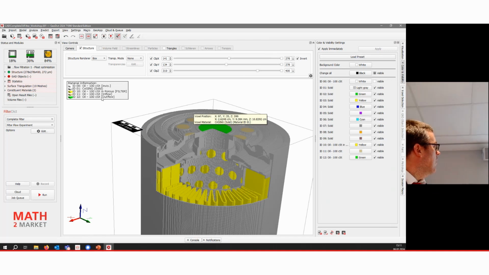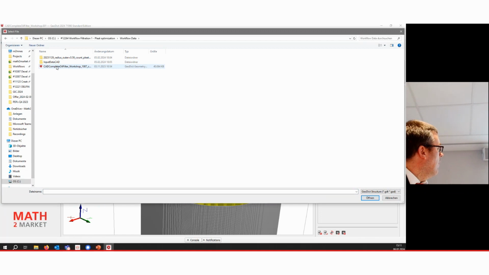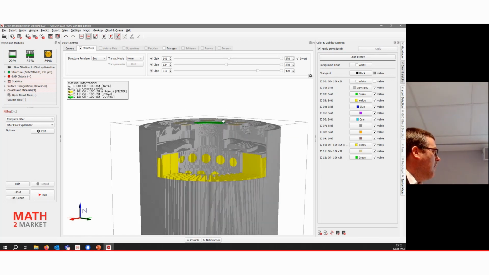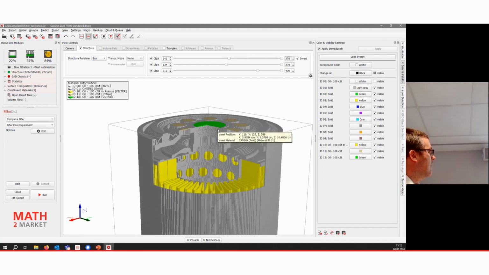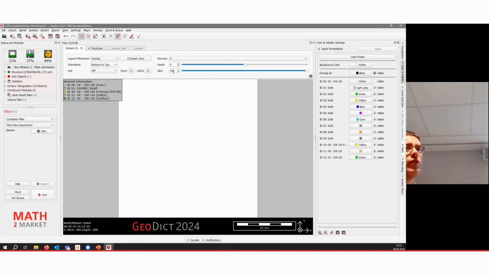Active process. Something is wrong here. Let's open the. Oh, that's the large one. That should not be the K. The point here is that this one here has a slice 400.